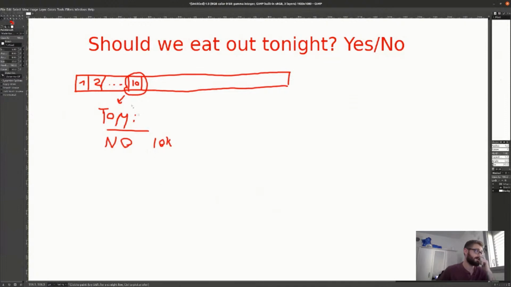As I said, let's say on transaction 10, I voted no with 10K voting power. What an attacker can technically do at this specific moment is